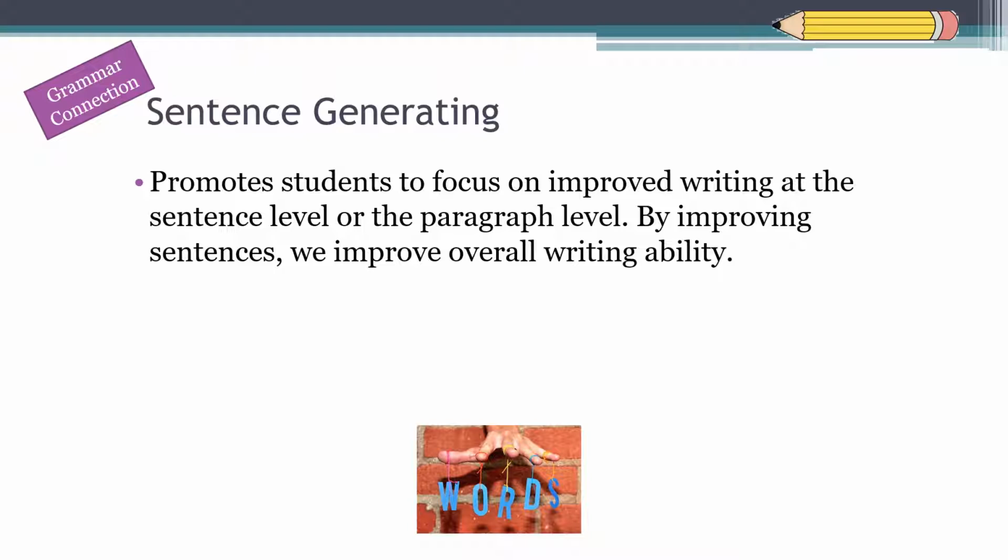So sentence generating is the first one I would like to very briefly show you an example of. It promotes students to focus on improved writing at the sentence level or the paragraph level. By improving sentences, we improve overall writing ability. So an example of this would be,